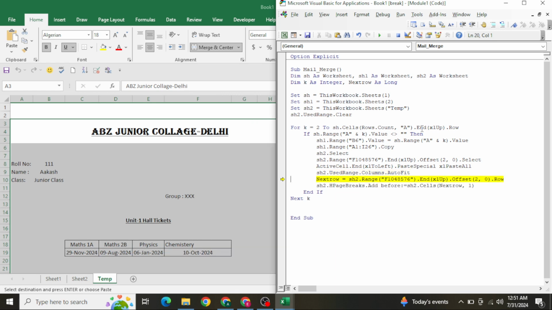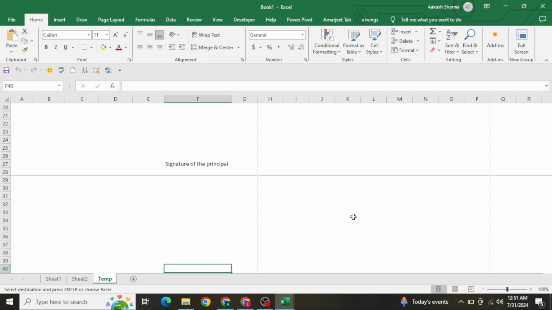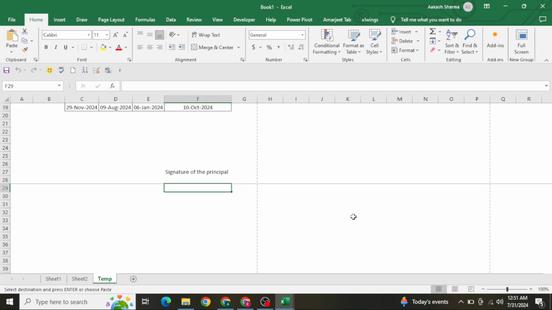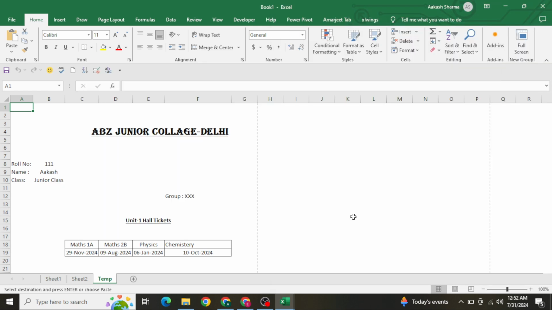Here you see, and auto fit it, right? Copy and paste. The page breaker actually got created. How? Where? You see, the page breaker after the signature in the second, here we have created, right? Now what you need to do is, after doing everything, we need to delete these two rows